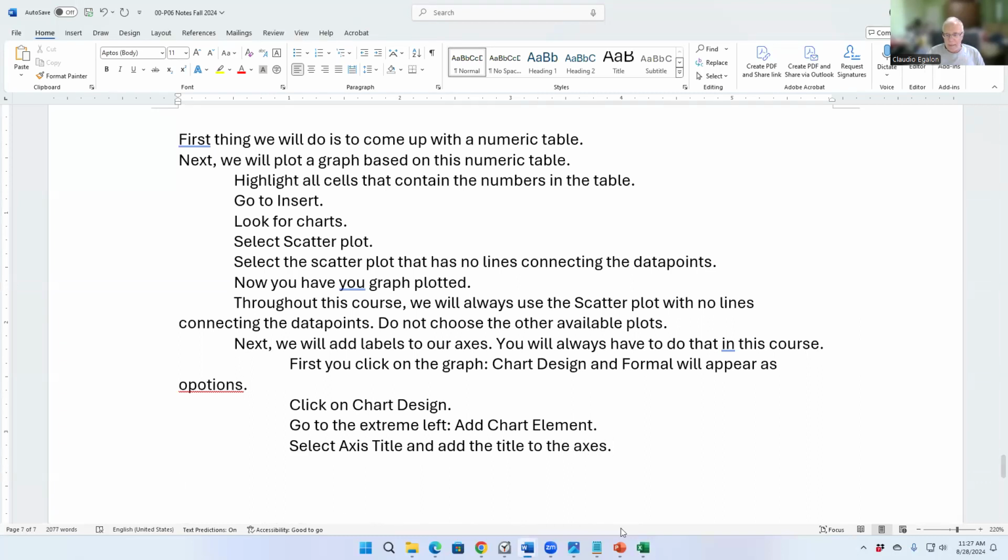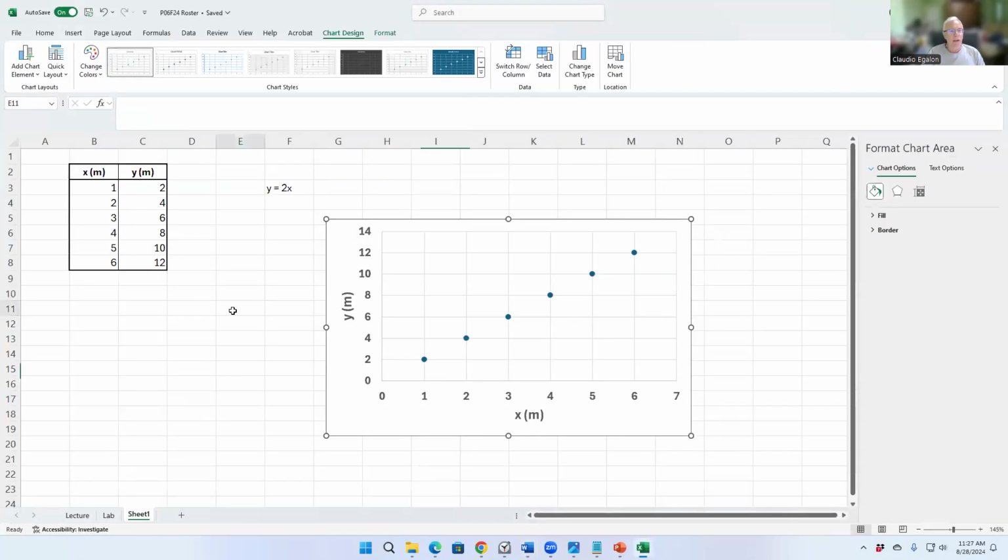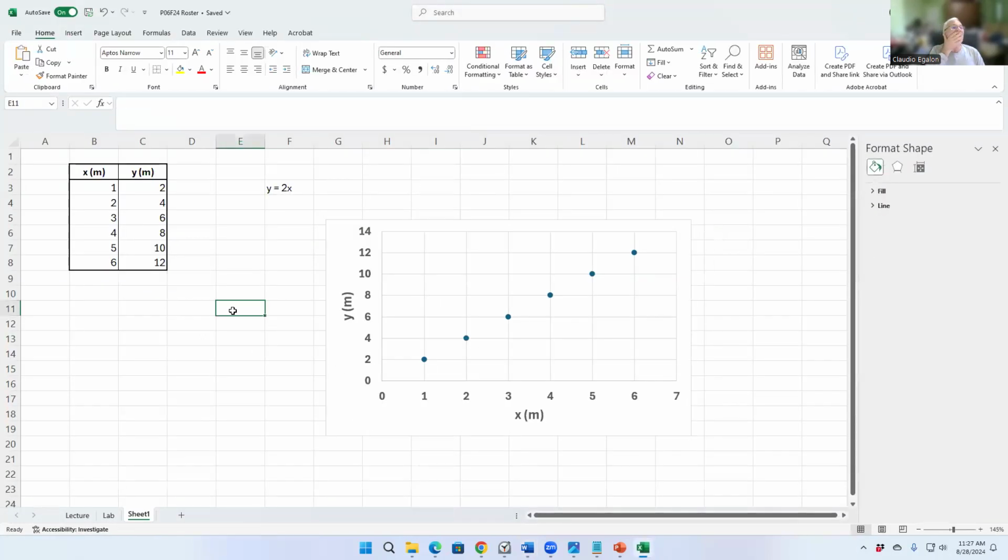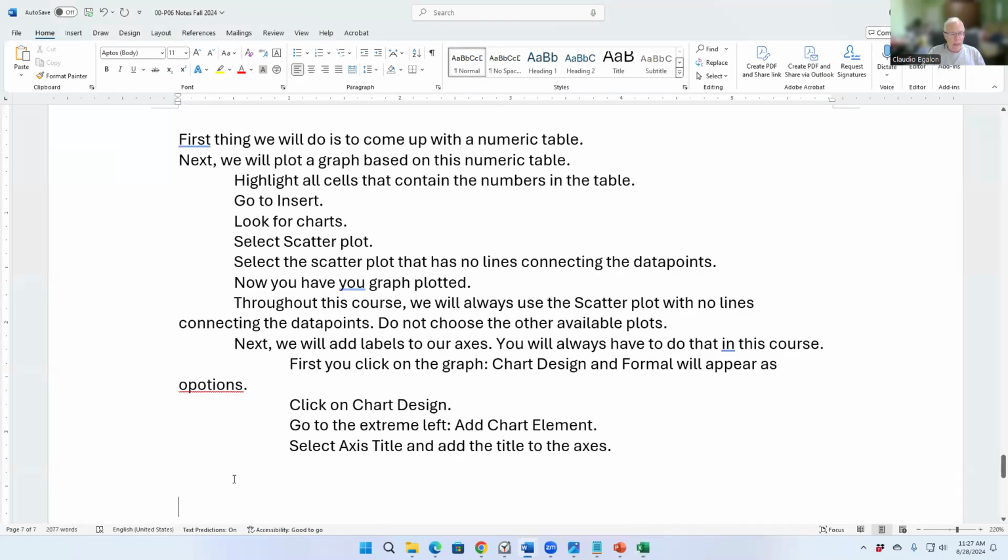Okay, that's what we did so far. And what else? What else can we do? We're not done yet. There's more things that we can do. Okay, almost every graph that we plot, most of the graphs that we plot, you will have to do what I'm going to do right now. Okay. Now